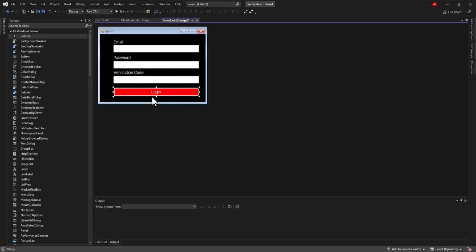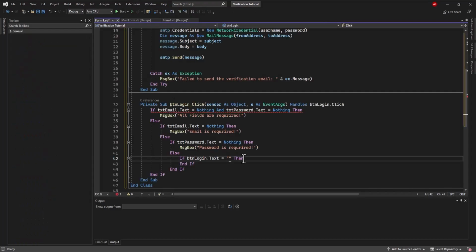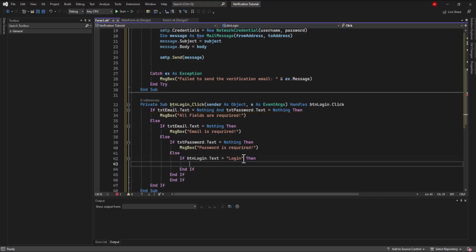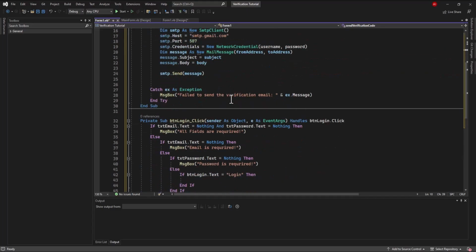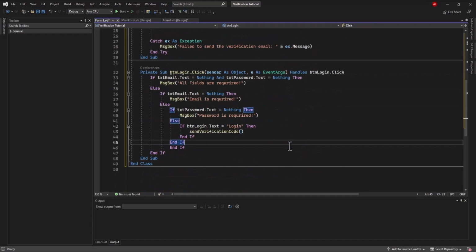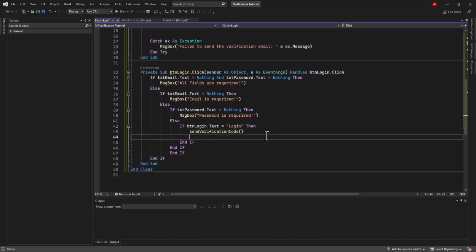You can see the default text is login, so we're going to say if it is login, then this guy should fire, just like this. So if it is login, it will send the verification code,